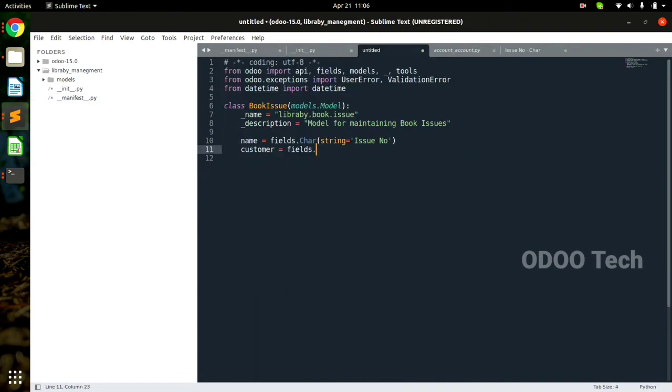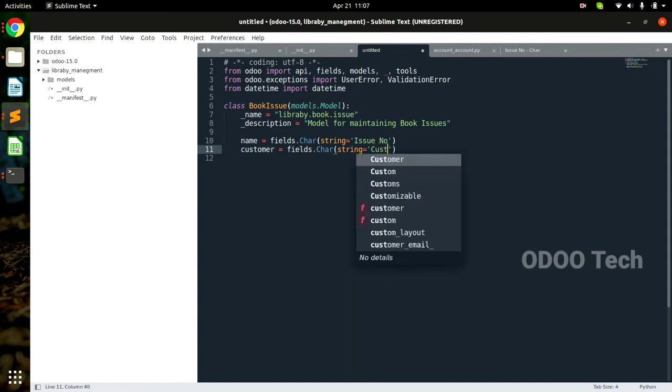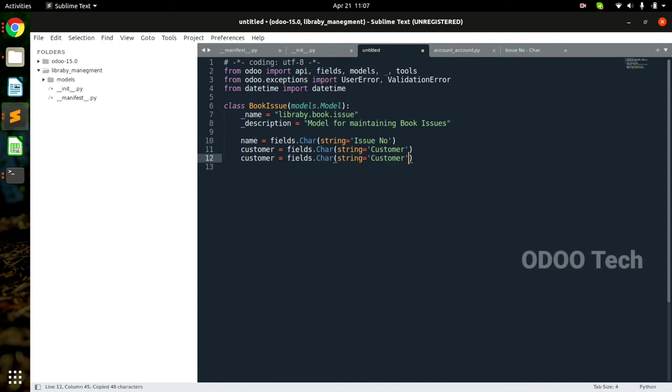So I'm gonna write char, and again I'm gonna write string. What is the string for that? Customer. Correct? Now I'll copy that again. How do I copy that? Just be on that line, press Ctrl C and Ctrl V. It will copy in the subline.